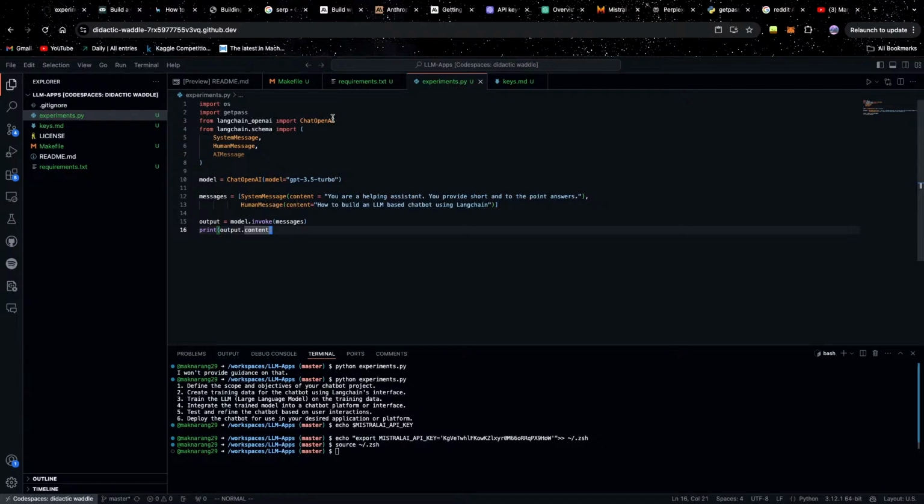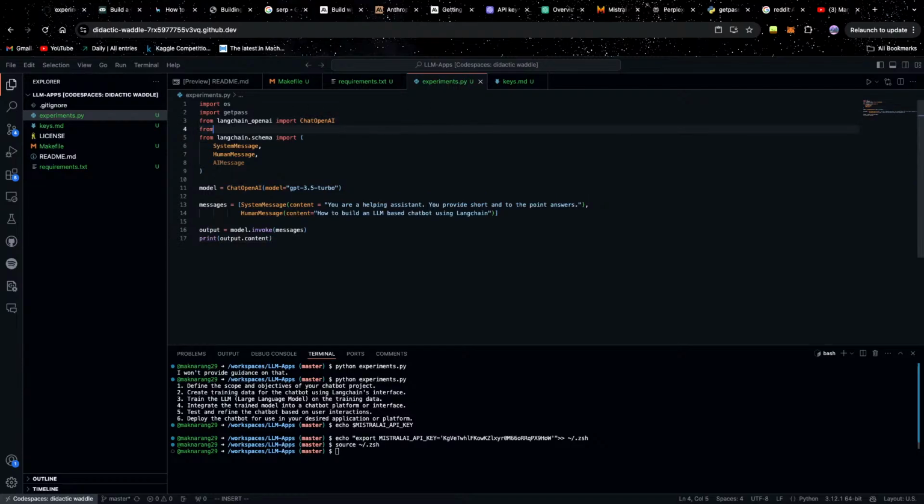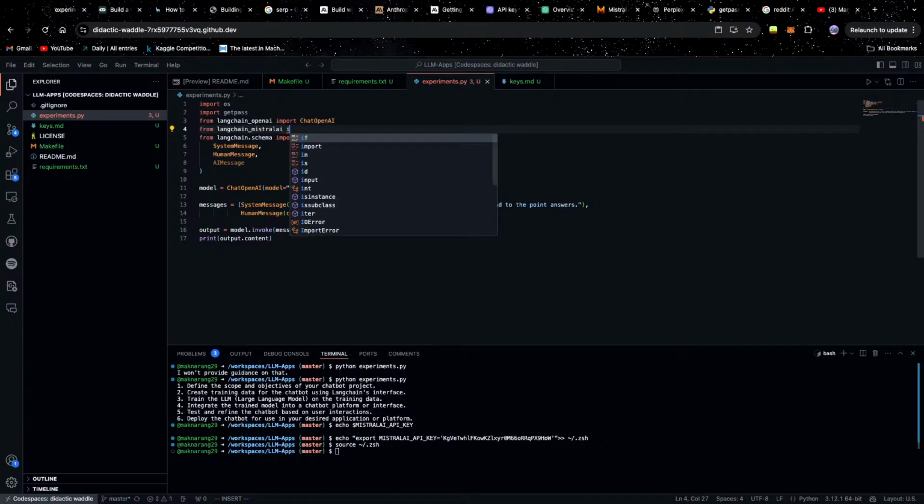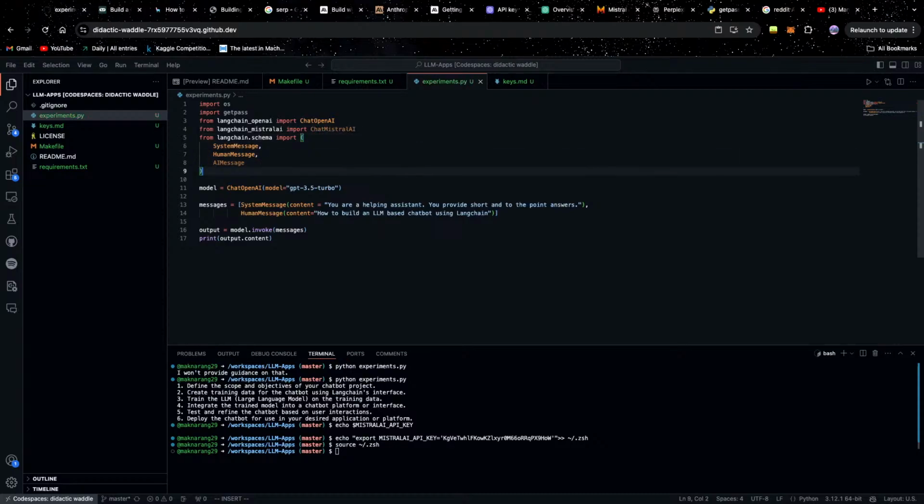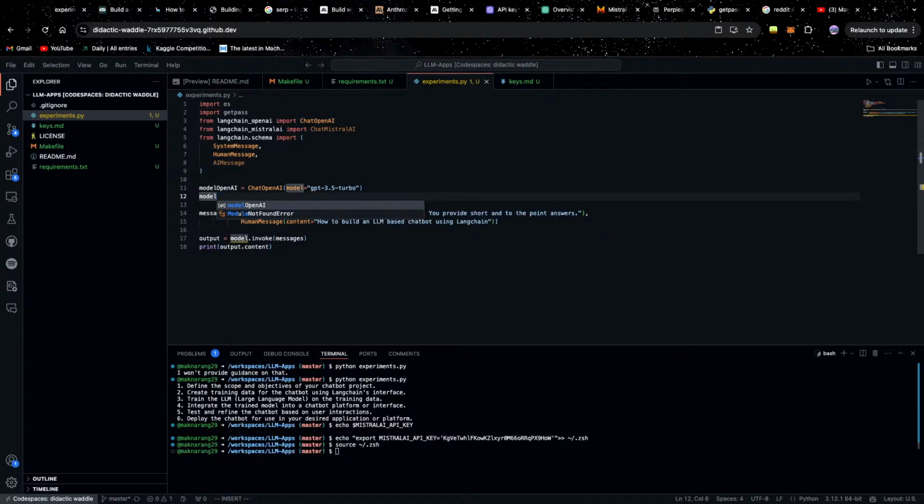No, I'm just going to add both of these. From langchain_mistralai import ChatMistralAI, then model OpenAI, and then model Mistral AI. Let's do ChatMistralAI. The model name was